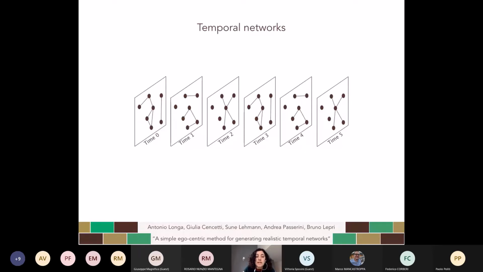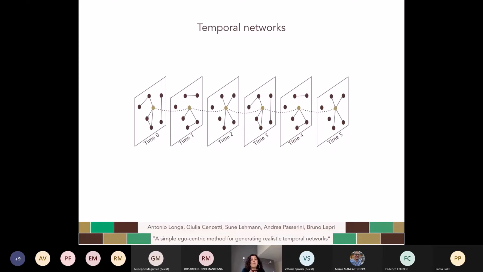Now, if we want to analyze a temporal network, we have two different dimensions to explore. One takes into account the topology of each specific temporal layer, which as I was saying before, can be characterized by means of multiple measures. But we also have the temporal dimension. The temporal dimension implies following the behavior of a particular node in time and observing how its interactions change and how strong temporal correlations are, if there are any.